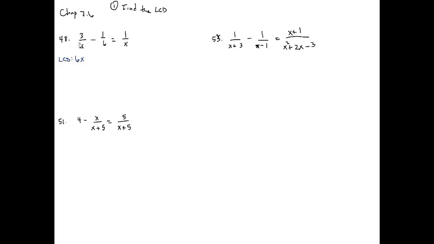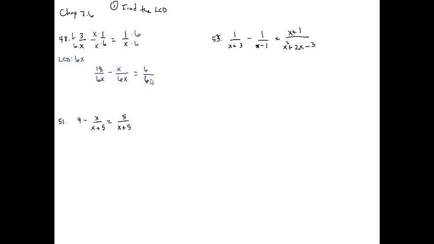Awesome. So how can we make the first denominator be 6x? We're going to multiply it by 6, which means we also got to do the same thing to the top. How can you make the second denominator be 6x? You got to multiply it by x, and the same to the top. And the third, again, multiplied by 6, and we'll end up with 18 over 6x minus x over 6x equals